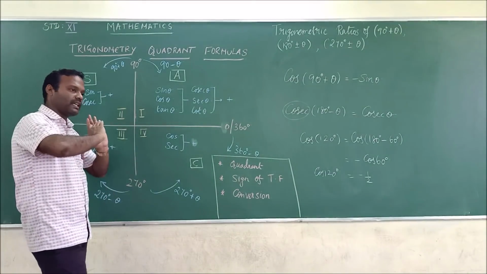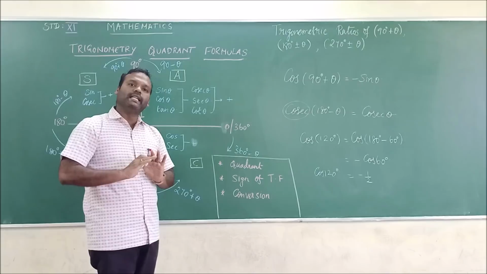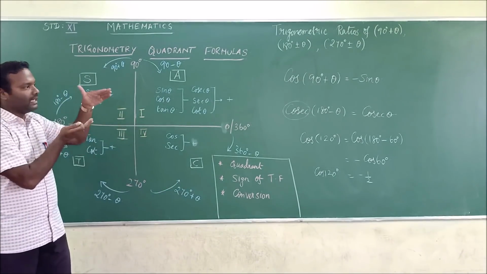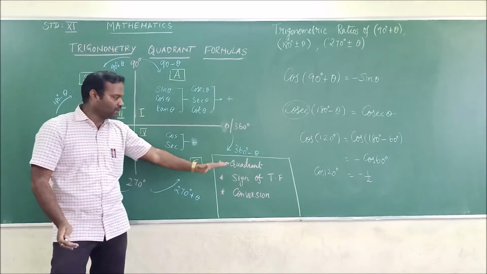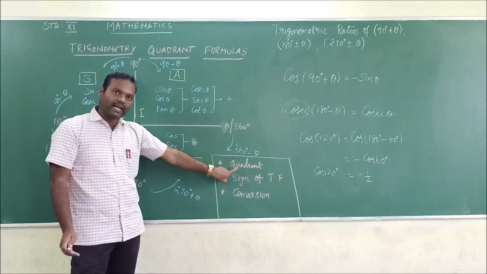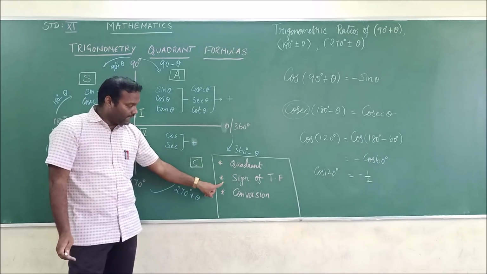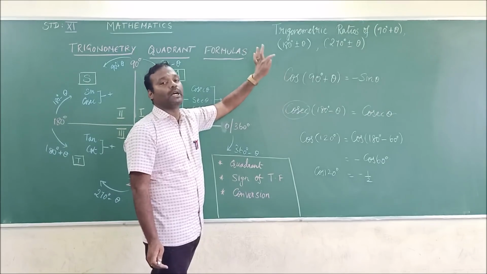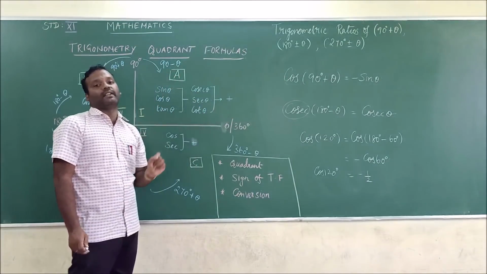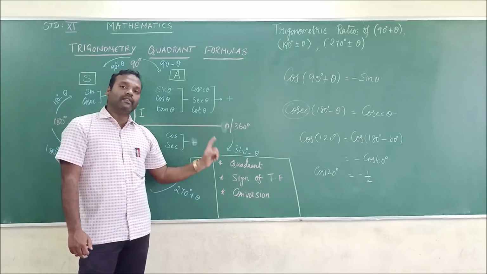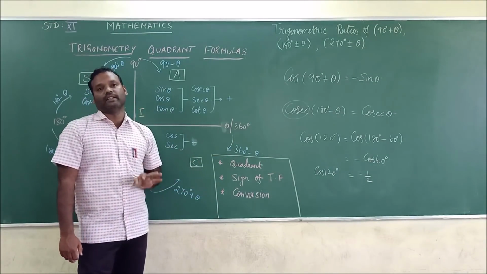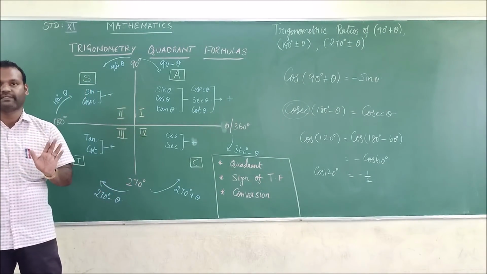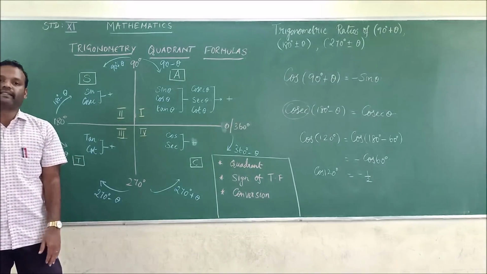In the same way, you can find the value of any trigonometric angles. So this is the thing you have to remember. I have left the rest to you as homework. You have to remember these three things. First, identification of the quadrant. Second, in that quadrant, what is the trigonometric function given to you, and you have to decide the sign of the trigonometric function. Third one, if you have to convert, you have to convert. We make the conversion for 90 plus or minus and 270 plus or minus. Otherwise, you just make use of the same function.